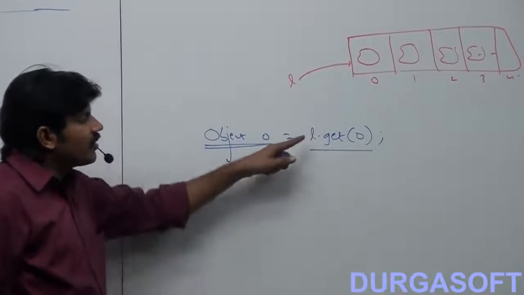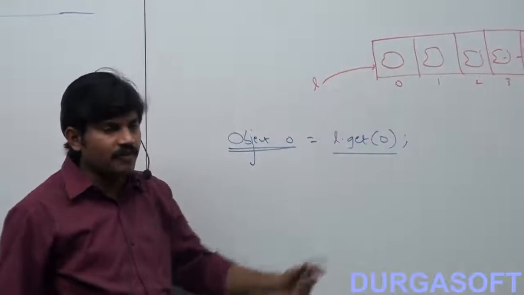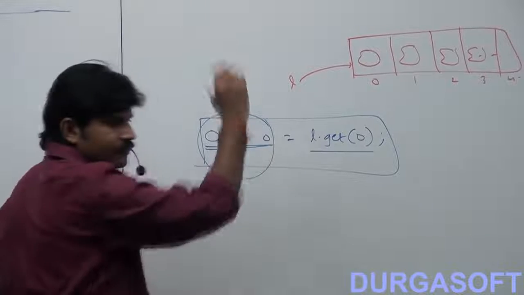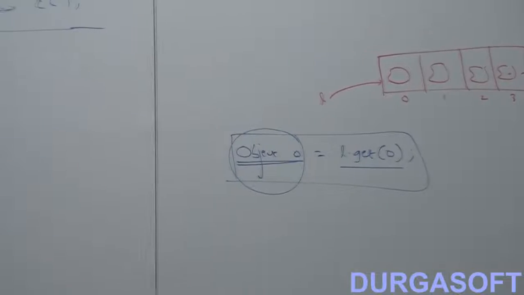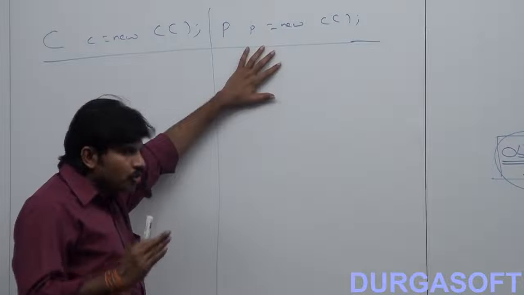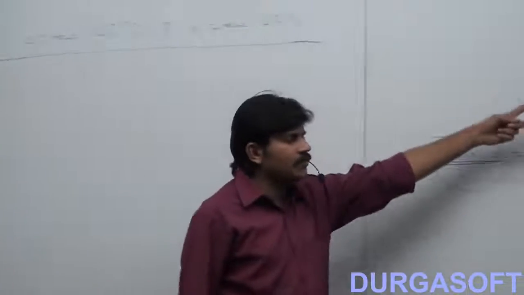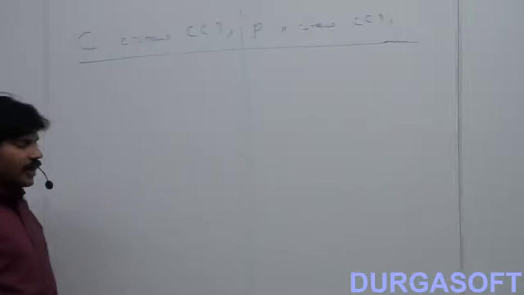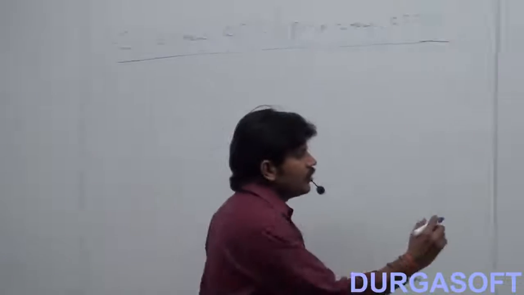Why? Because the return type of get, it may be student or customer or StringBuffer. That's why the return type is Object we declared. Are you able to understand it? So now the first conclusion, when we should go for this approach: if we don't know the exact runtime type of object, this approach is recommended. If I know the exact runtime type, boss, the object is a string object only, then directly use a